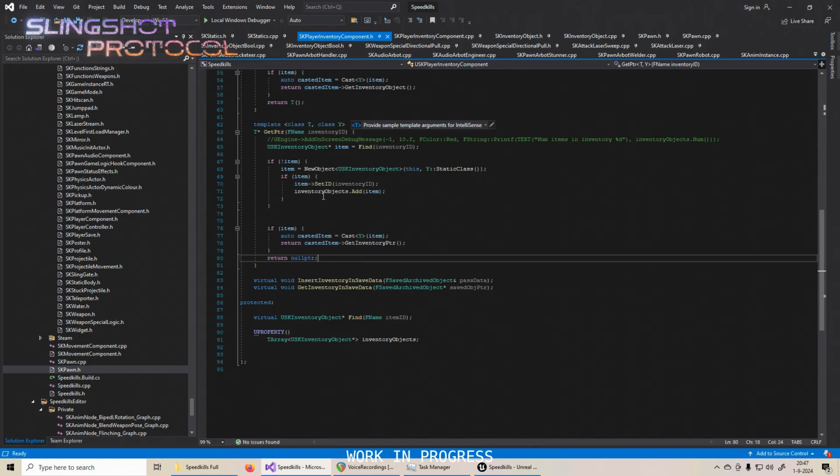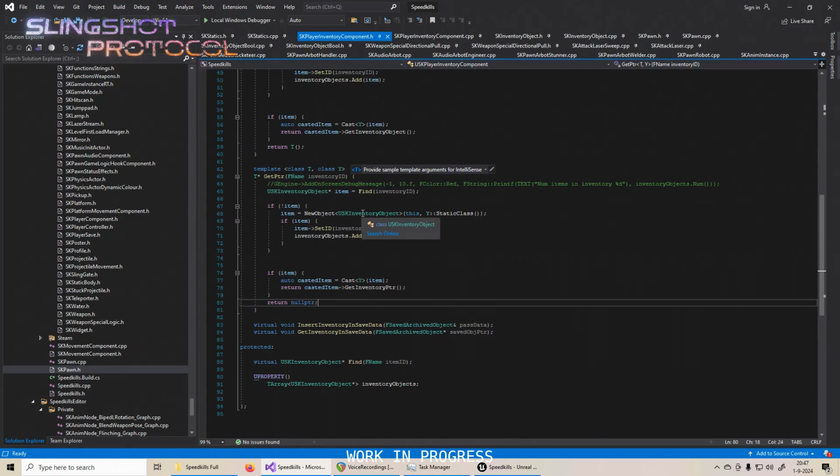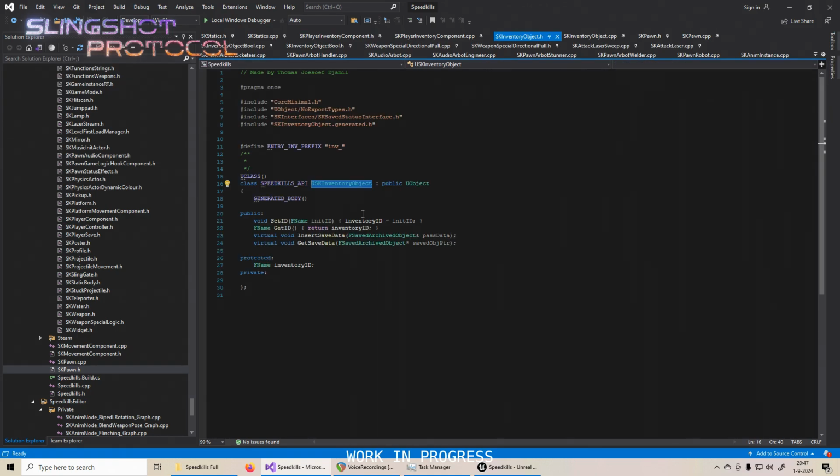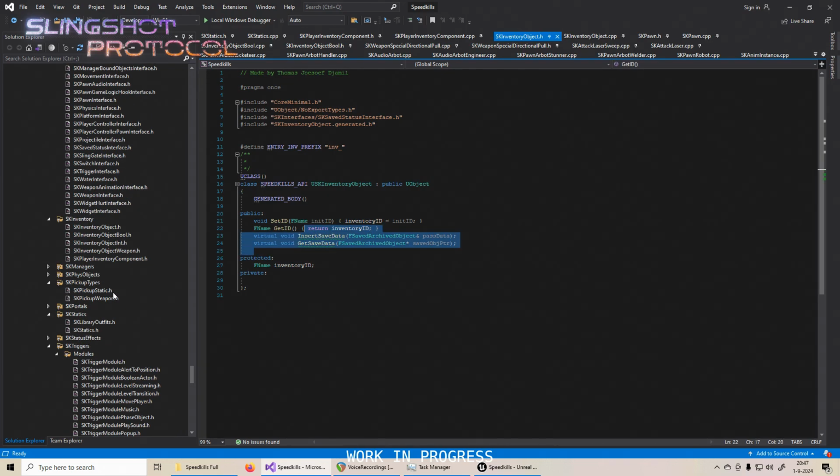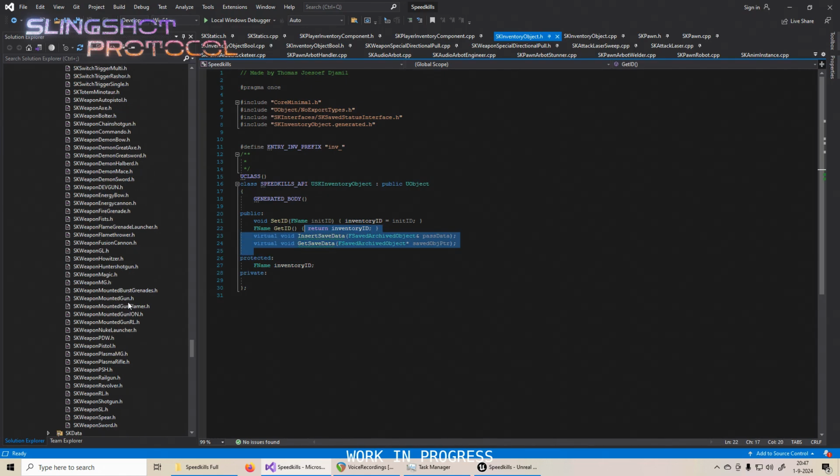So yeah, these are basically USK inventory objects. These are the entries. They will have an ID, so the inventory ID. This is an empty one because this is just the base class. And then if I go to...